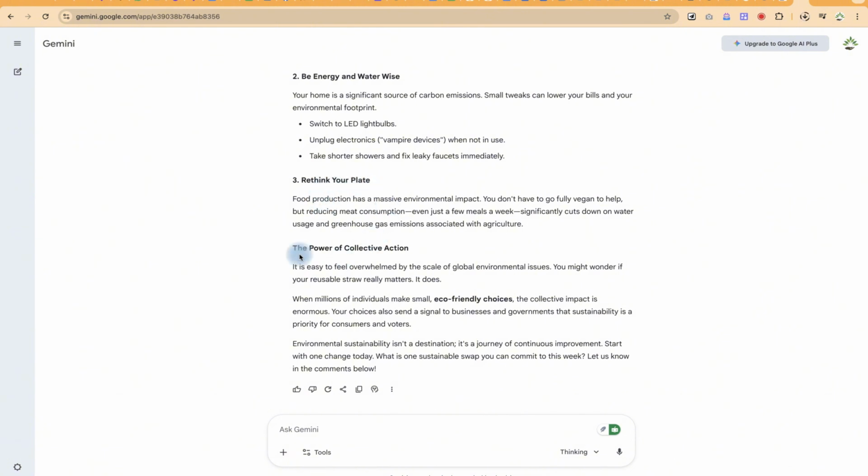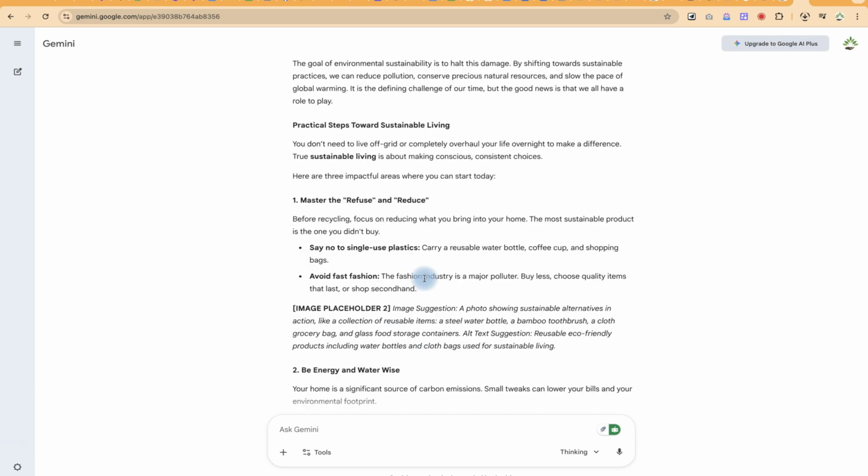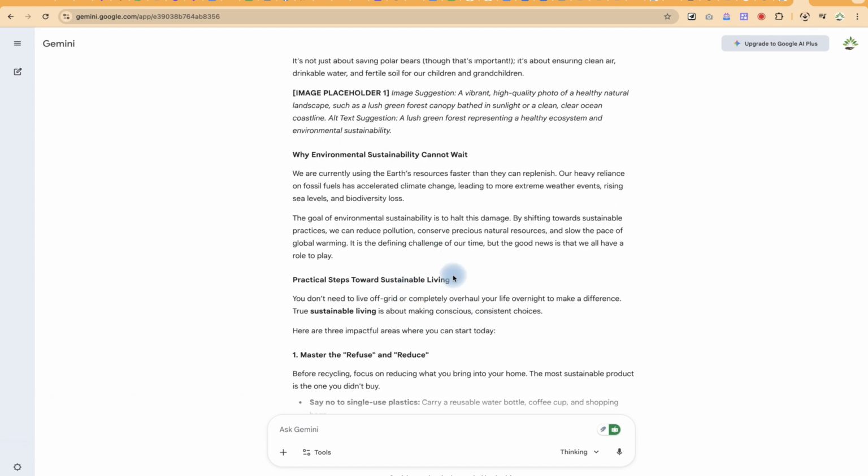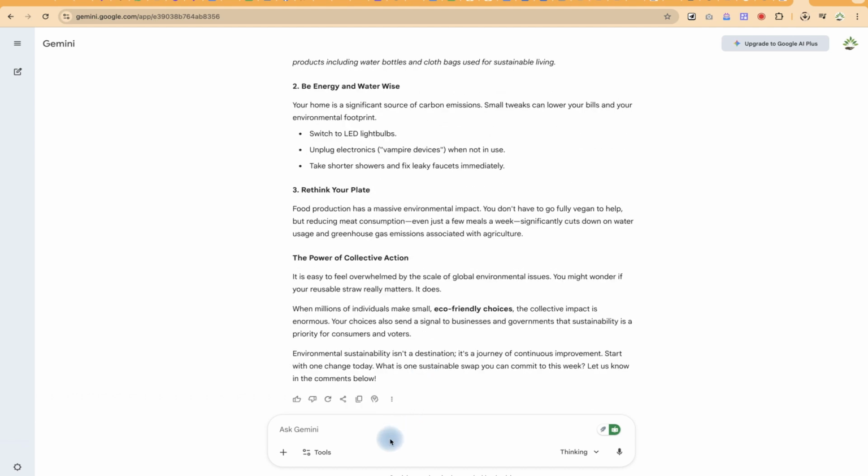The plate: food production has a massive environmental impact. So you can see the details. If you like, you can be as detailed as you want, and you can copy this and you can regenerate also if you're interested. So in this case, I notice it doesn't include images, or maybe I can ask it,